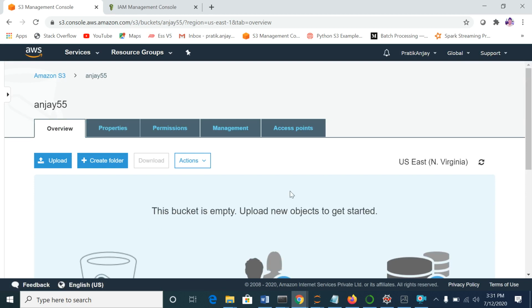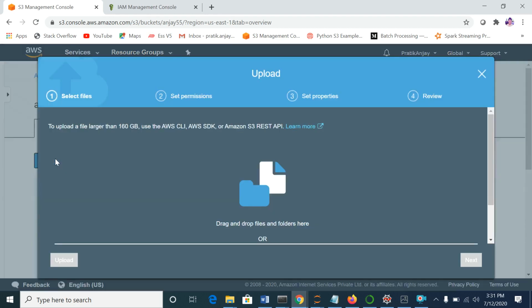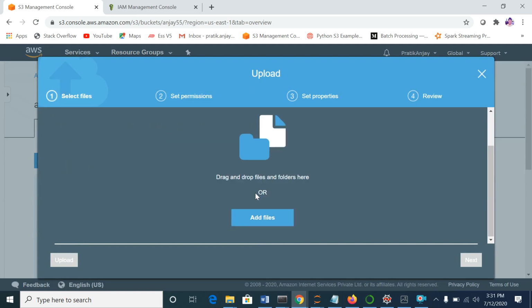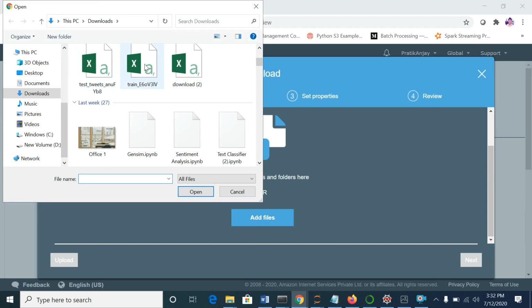So now you will see a lot of functionality over here. For example, upload a file, create a folder, and some other actions available here. So let's just upload a file here. Just pick any file.